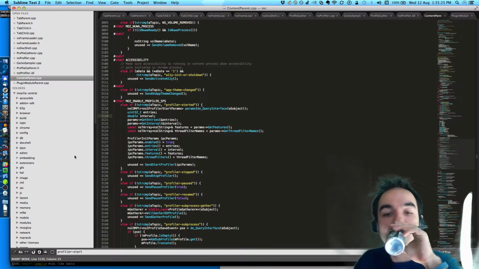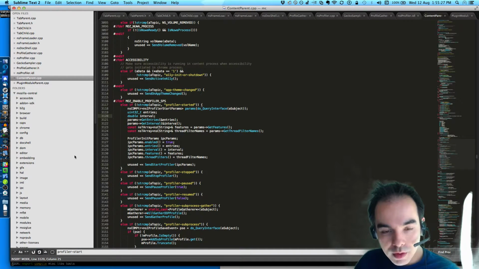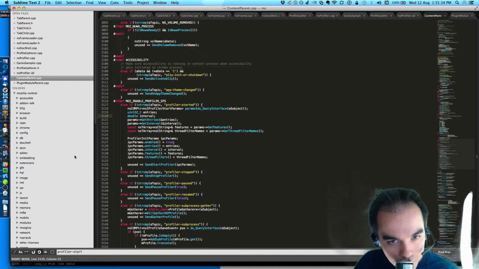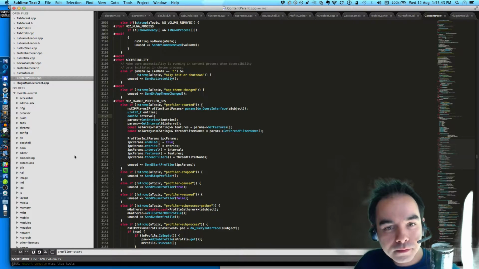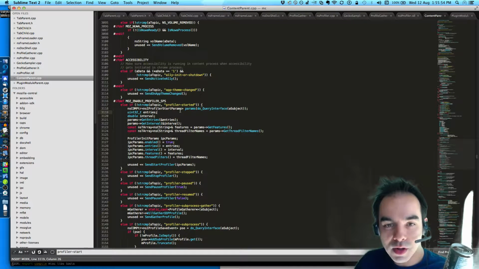Hmm. So I guess, I mean, you just get a reference. Instead of passing it around, on profiler started you go get a handle. You talk to the profiler.